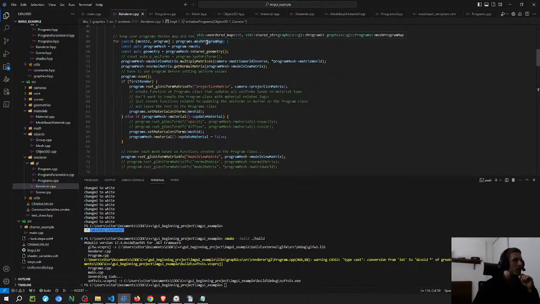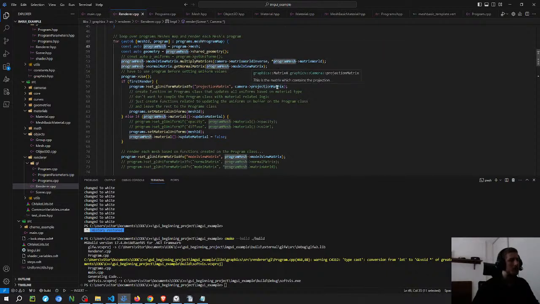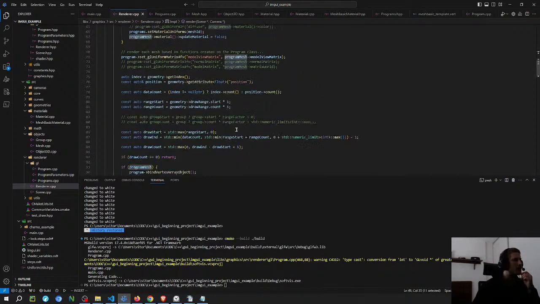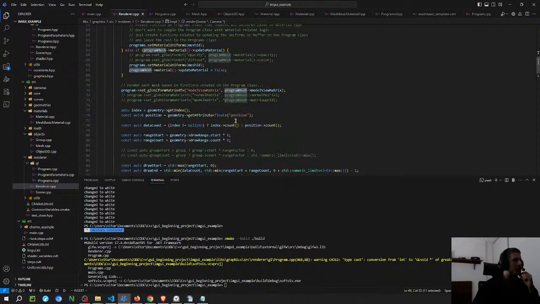Because here I'm looping over the meshes, so I'm mapping the mesh ID with the program. So mesh ID is not, it's just program ID because this state is stored on the programs class. So there's a map that maps the ID with the mesh program. Here is the ID and then the program. So if I do things the way that I'm doing, the label is going to be in the same program as the sphere. So it's going to be the same program mesh here. But then this is the problem because I guess I can make a condition here. I could just put different